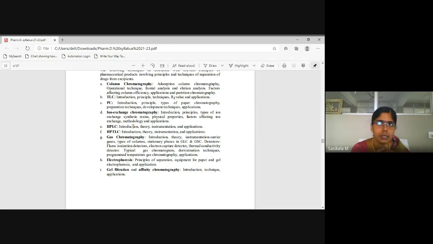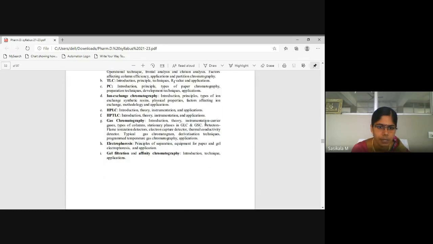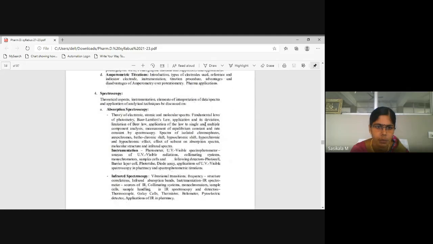In practicals also, the reason I am moving with planar chromatography first is that you will be doing practicals simultaneously in the lab, first chromatography only. If you learn the concept behind planar chromatography, it is easy for you to follow in the practicals also. That's why. So after chromatographic analysis, we'll be seeing spectroscopy.